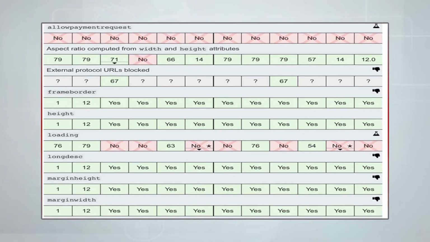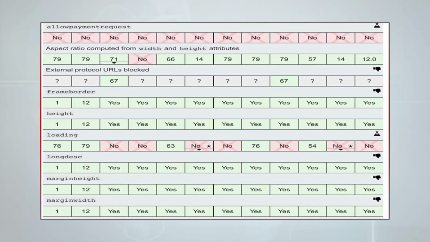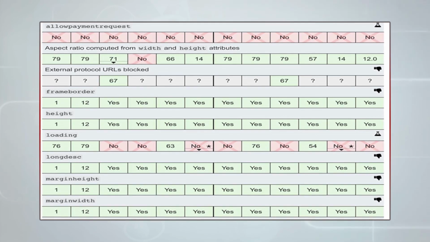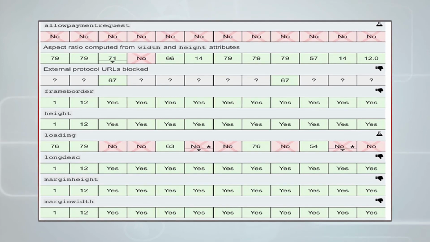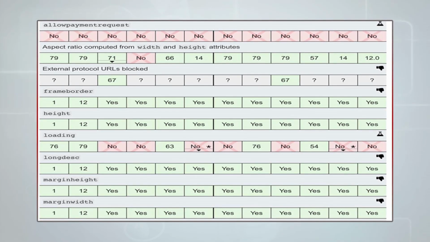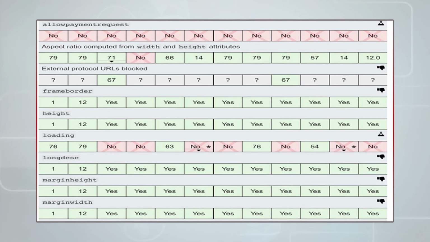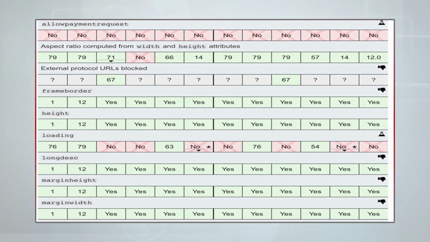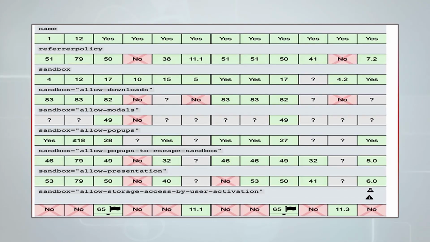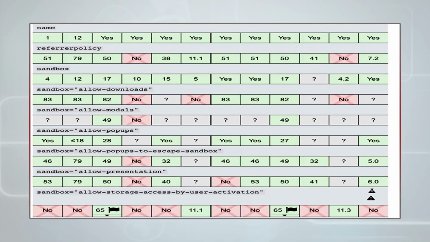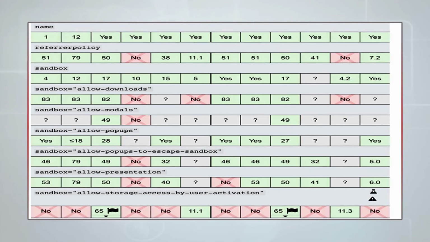Then we have external protocol URLs blocking, that is supported by some browsers and some browsers don't support it. Then you have frameborder, height, loading, longdesc, marginheight, marginwidth, then you have name, referrerpolicy, sandbox. See, sandbox again is not supported on some browsers.